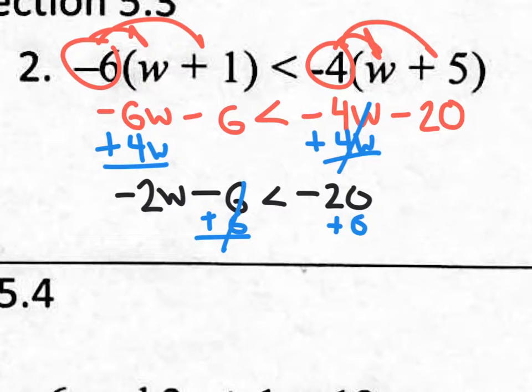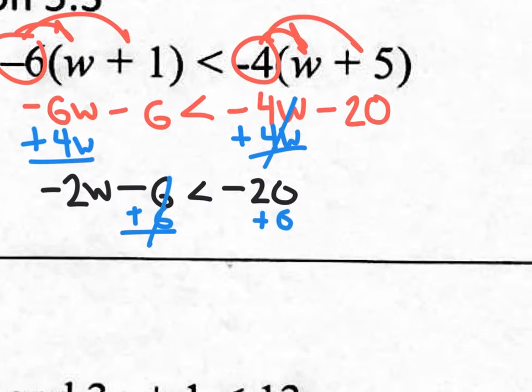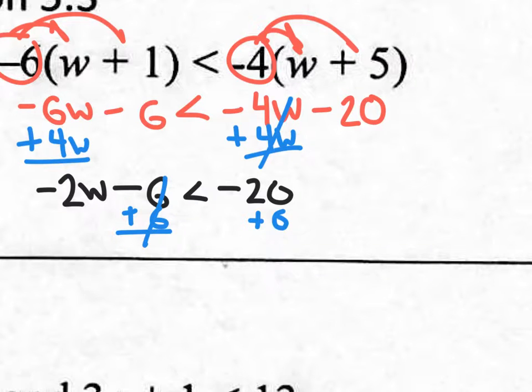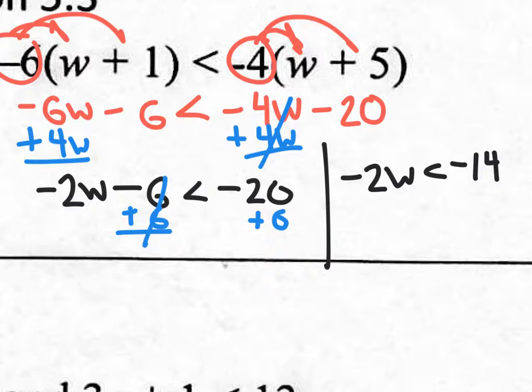And once again, I have run out of space, so let me move this a little to the side and let me rewrite. What do I have left on the left side? I have a negative 2w, and I also have the less than symbol, and I have a negative 14 because negative 20 plus 6 is negative 14. For my final step, I'm going to divide by negative 2, divide by negative 2, and right here